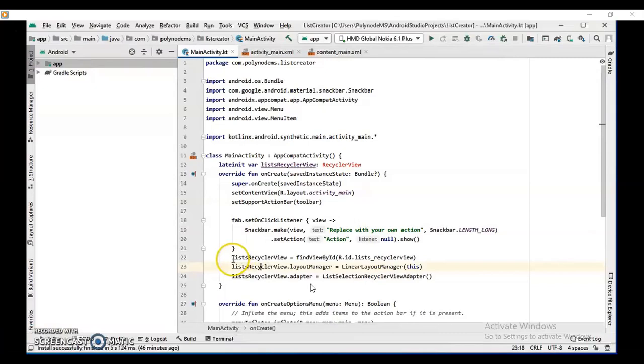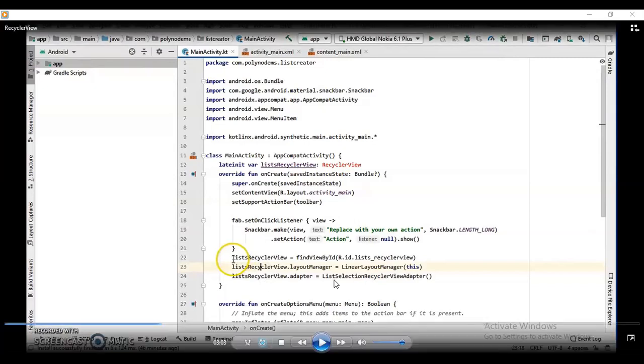For that purpose, I will be calling the list selection recycler view adapter here. It is a constructor of a class that we will be defining in a moment. It is a user defined class, so we have to create this class separately.